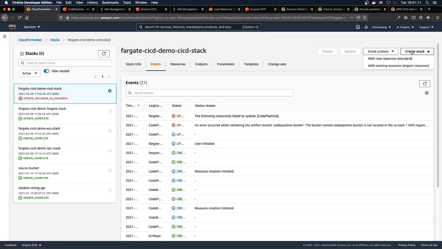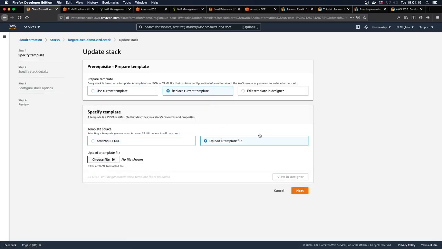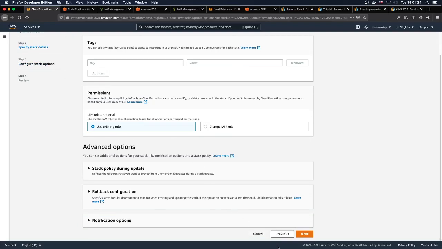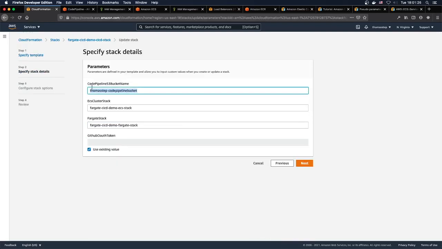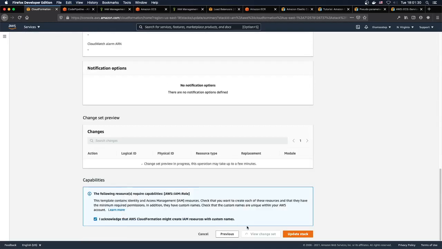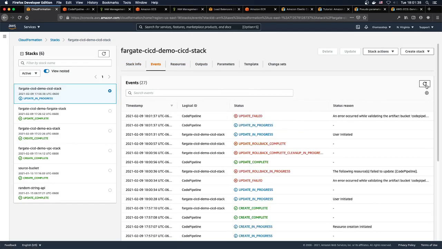Maybe I need to do that. Make it more unique. These buckets are, I believe, global. They have to be globally unique. The names do. So I don't know if that's what this was, but if this doesn't work, then